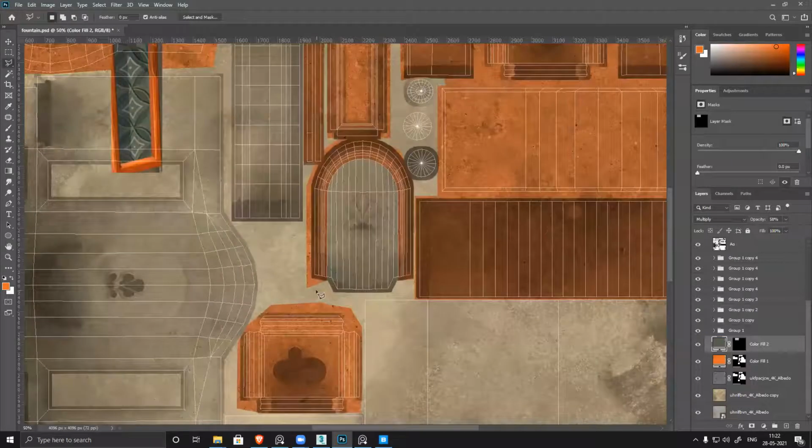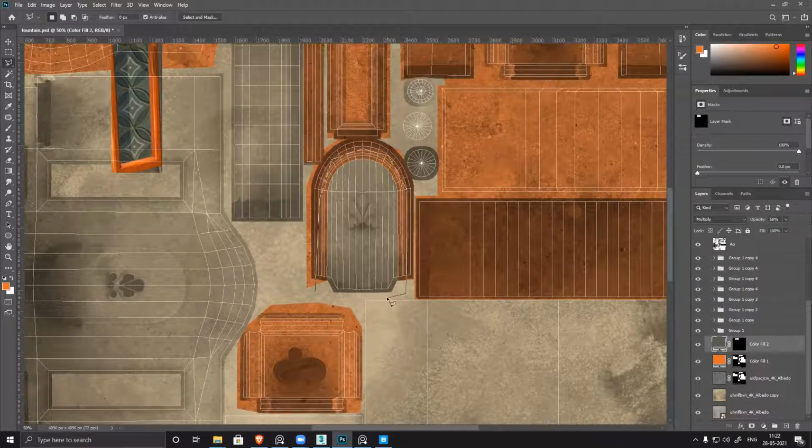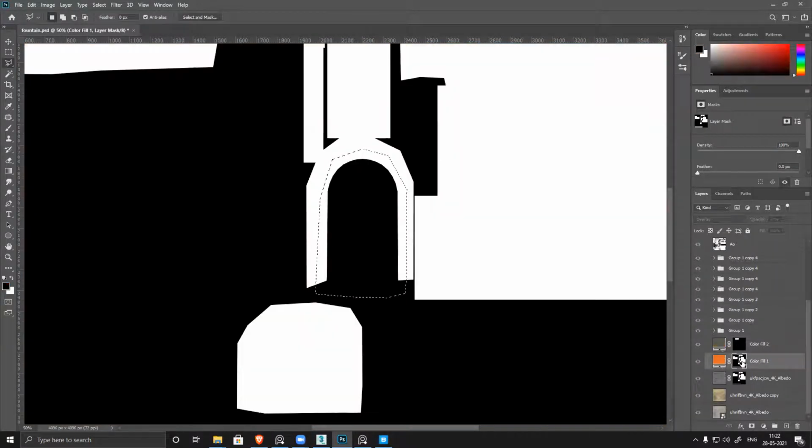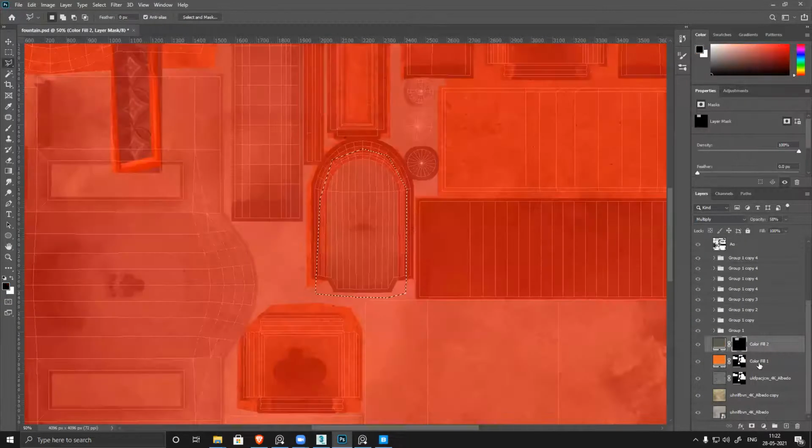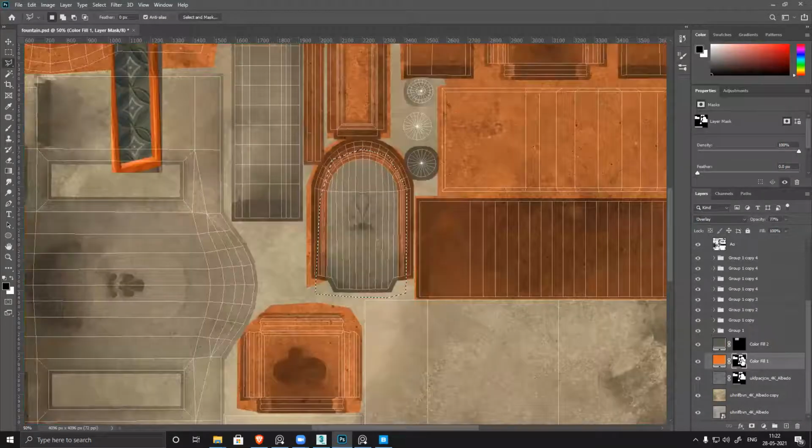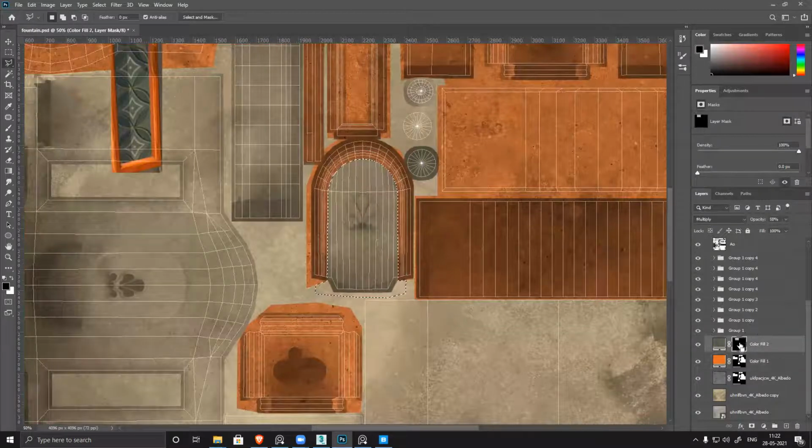Now I want to fill this section. This is also the same color. I'm just randomly clicking this selection and subtracting this orange. Alt, click on this. Control and Alt, minus, and fill this here.